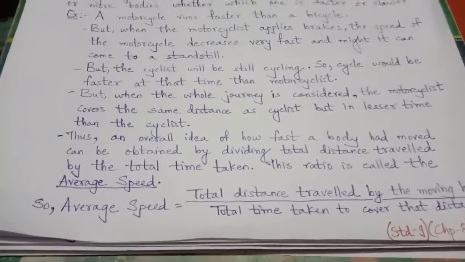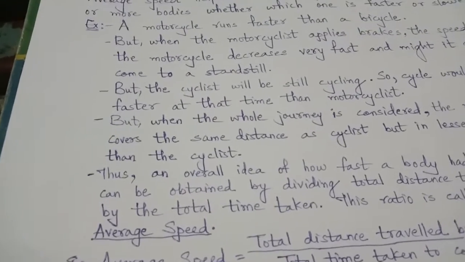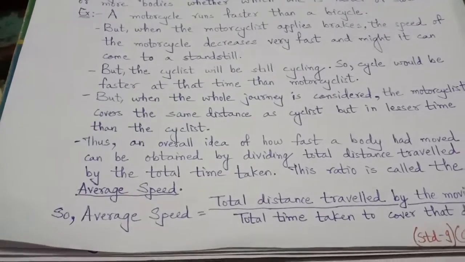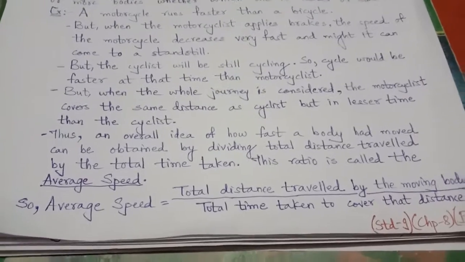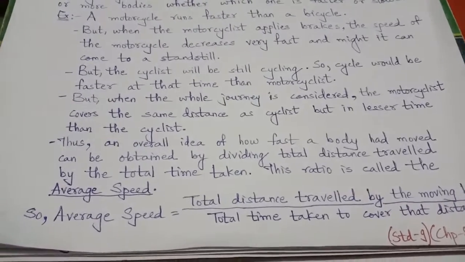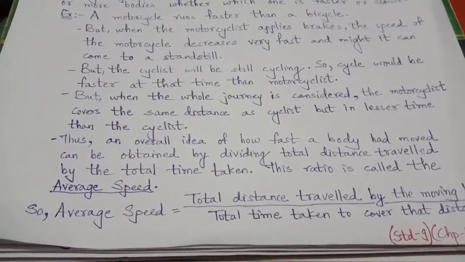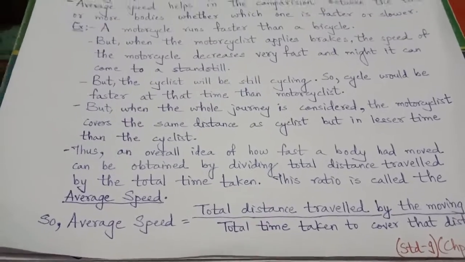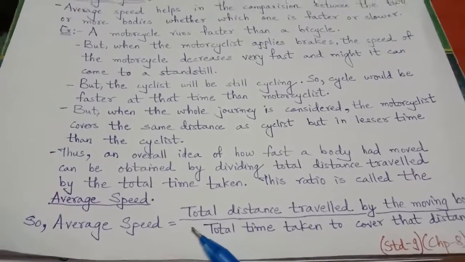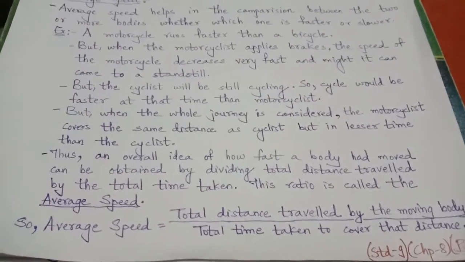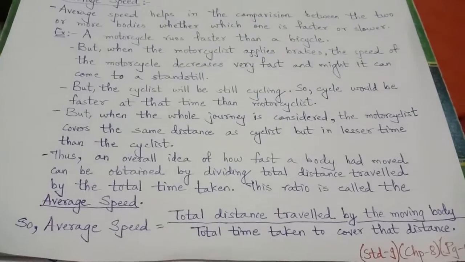That means we can see in another way that the speed of each moment, each instant, could be the average speed. Total distance travelled by total time taken. The instantaneous speed of each instant, if we divide it by the total time, then we will express the average speed. So this was about the average speed, and how to now calculate the speed and average speed, that we will